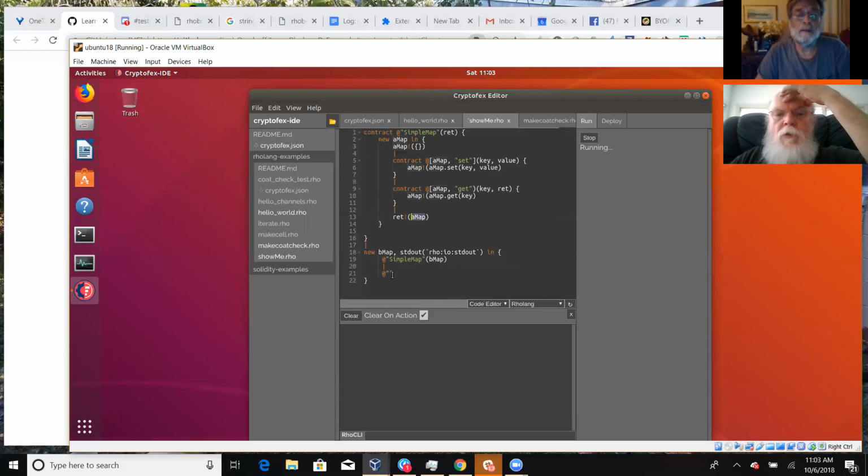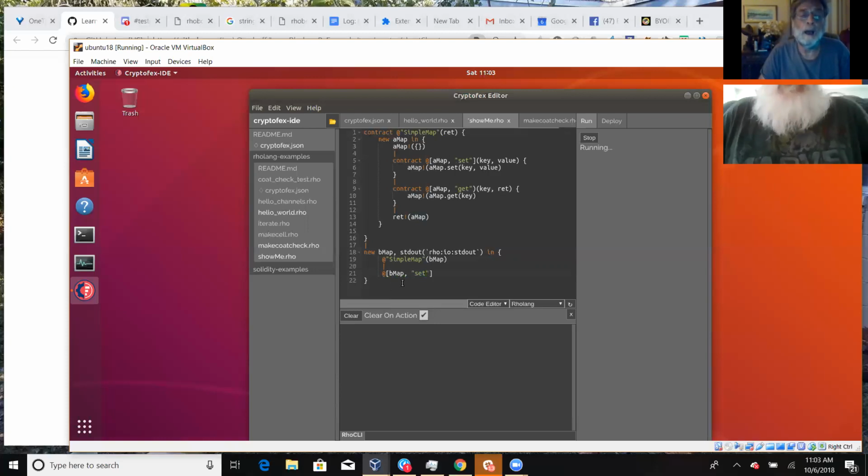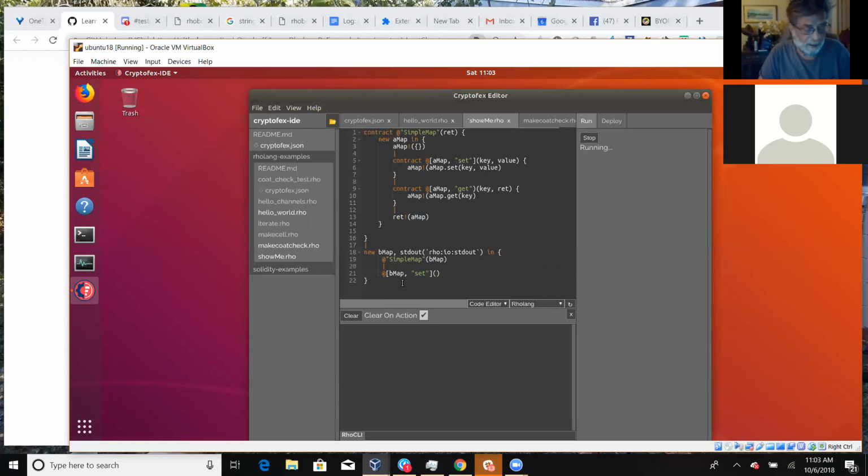And then I can call a contract, B map, quote set. And I can pass it a key and a value.